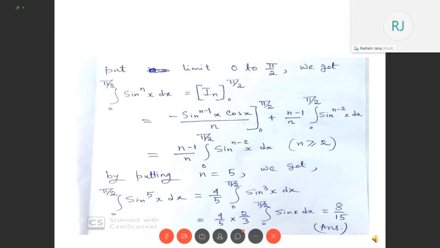You have to put this value successively. First you might get the cos cube x value, then put n equals 3 in your formula, then you will get the cos x value, and in this way, this is the beauty of the reduction formula. You don't need to calculate the total integration explicitly. If you have the formula for I suffix n, you can put the values 7, 5, 3, 1 successively, or for the even number case 6, 4, 2 and 0, and then you can get your result. This is a very simple thing. Yes, Nilanjan, tell me.